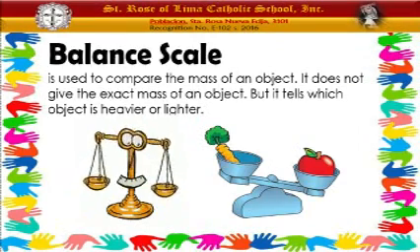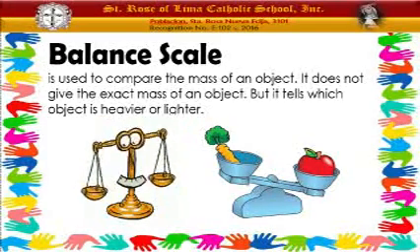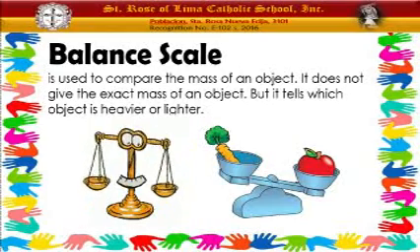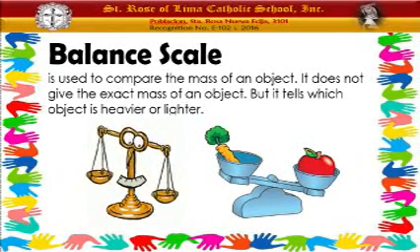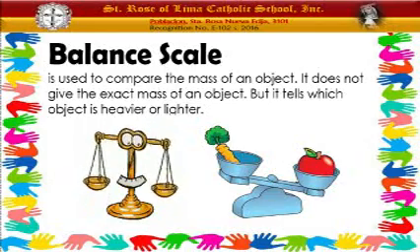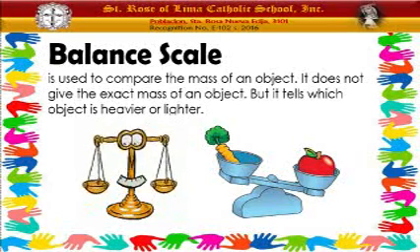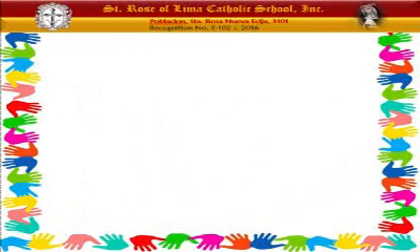So let's talk about the balance scale. Balance scale is used to compare the mass of an object. It does not give the exact mass of an object, but it tells us which object is heavier or lighter, just like in the picture. Next is the